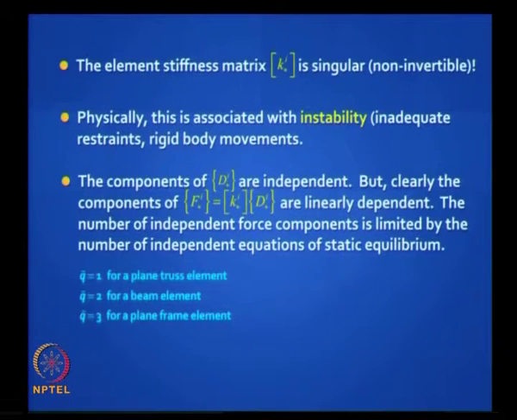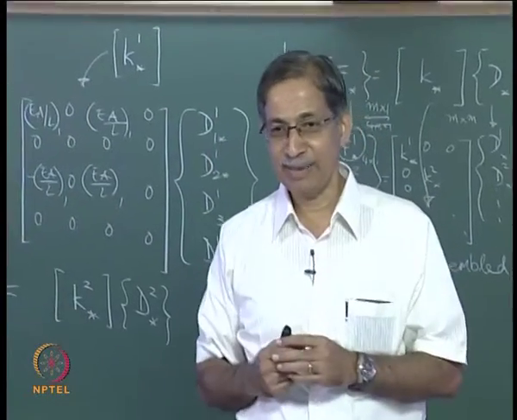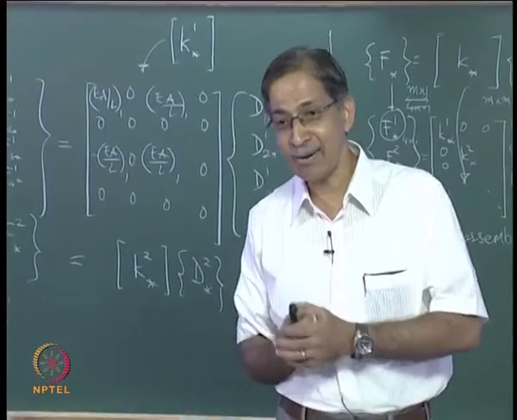So I am using the notation Q for the conventional stiffness method, where Q is 4 for the plane truss element, but it reduces to 1. So I put a Q tilde, that sign is called tilde. Q tilde is 2 for the beam element, Q tilde is 3 for a plane frame element. Now I want you to fill in the blanks. What about a space truss element? 6 by 6 is what you get if you follow the conventional stiffness method. But what's the rank of that matrix?